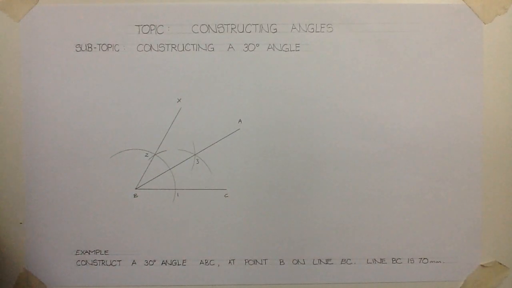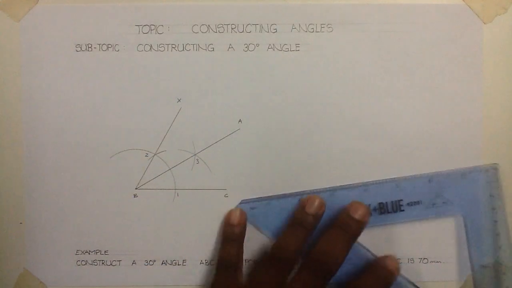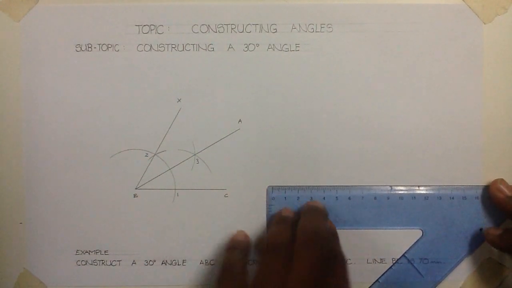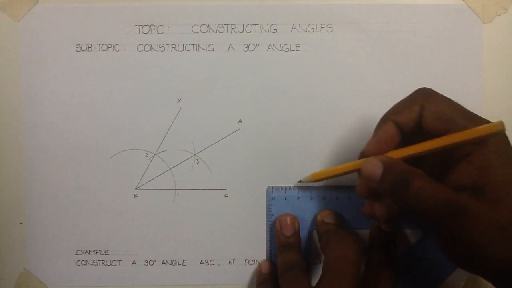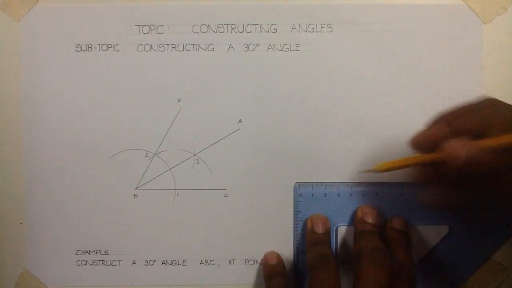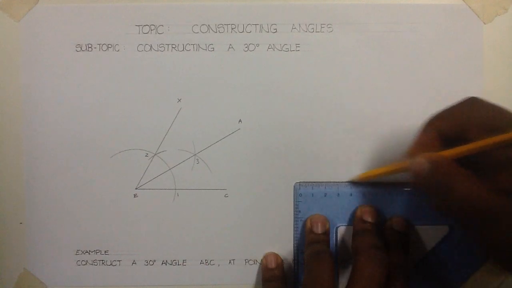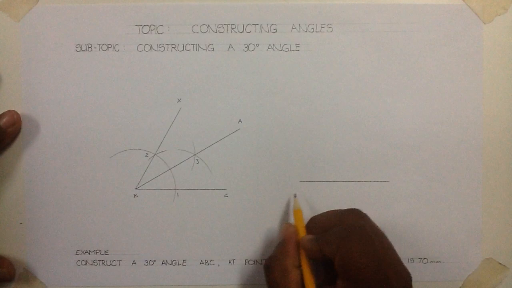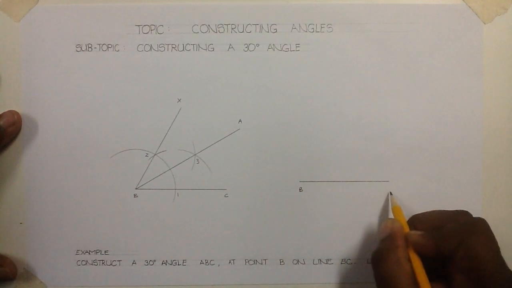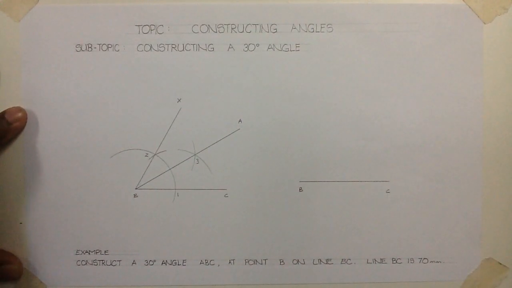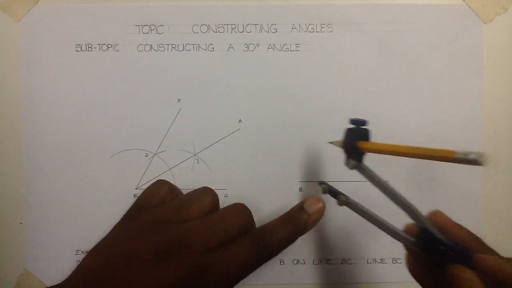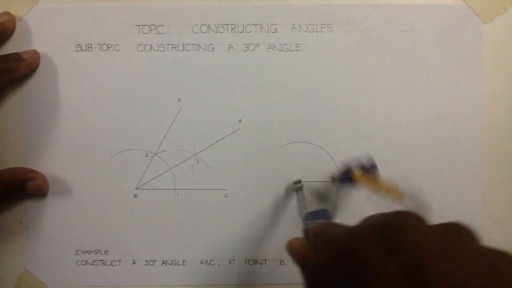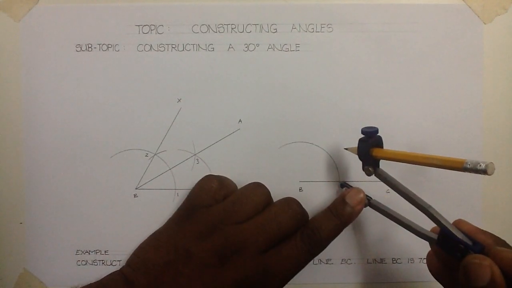Permit me to use another method that I find to be a lot quicker as well. And so I'll do it here. BC, 70 millimeters. Compass radius, anything of our choice. I'm going to keep the same radius. Major arc, point 1,